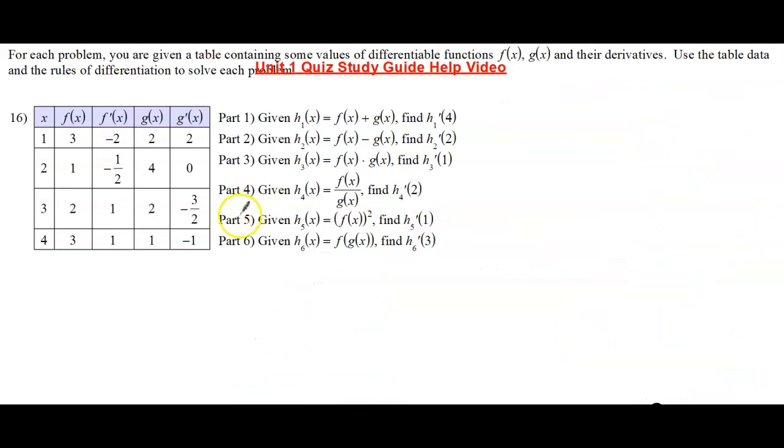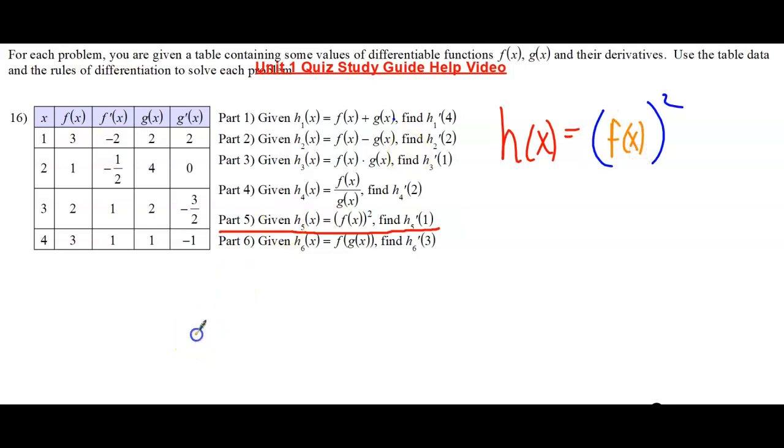All right, go move on to part 5. Part 5 is a chain rule because I have an inside function and an outside function. My outside function is something being squared, and my inside function is f of x. So if I wanted to find my derivative here,